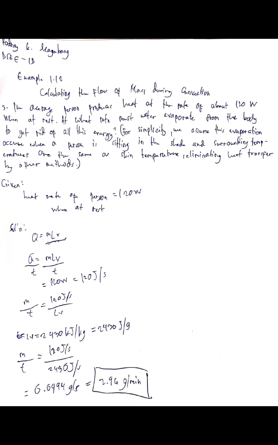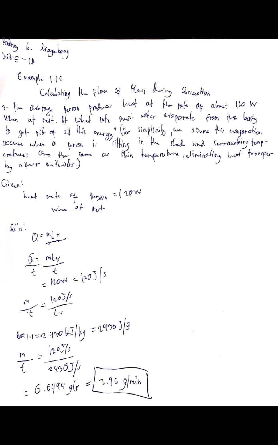Given: the heat rate of a person is 120 watts when at rest. Solution: Q = mLv, so Q/t = mLv/t = 120 watts. We convert 120 watts to 120 joules per second. So m/t = 120 joules per second over Lv. Lv is equal to